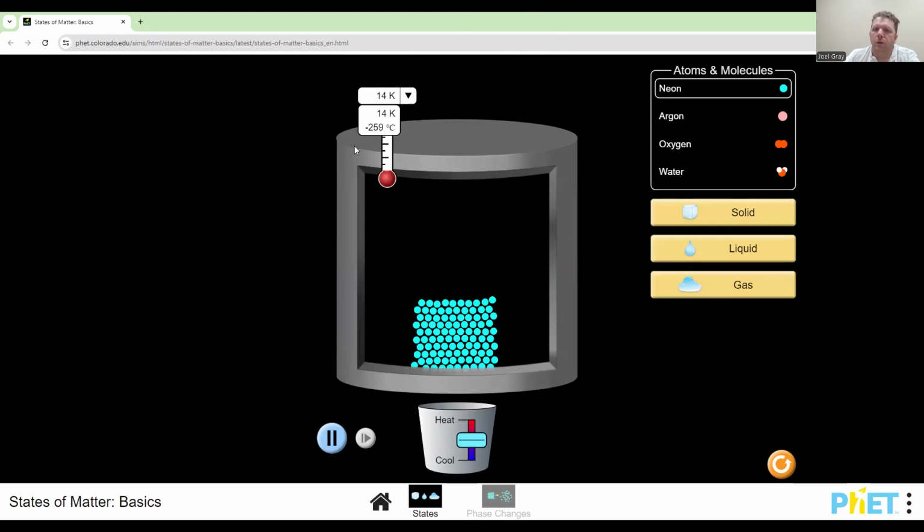Now, what we have is our temperature in Kelvin. What we are going to do is heat this sample up. As we add more heat, we've bumped it to 18 Kelvin. It's going to go from